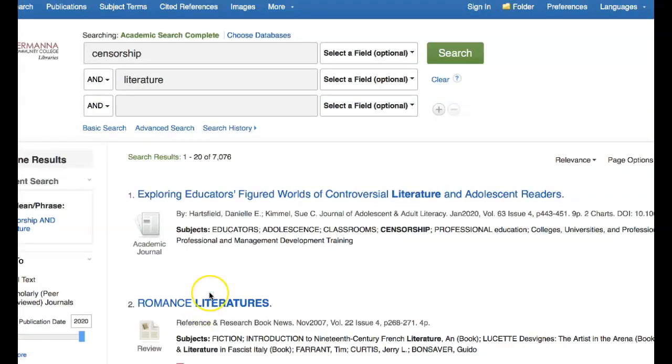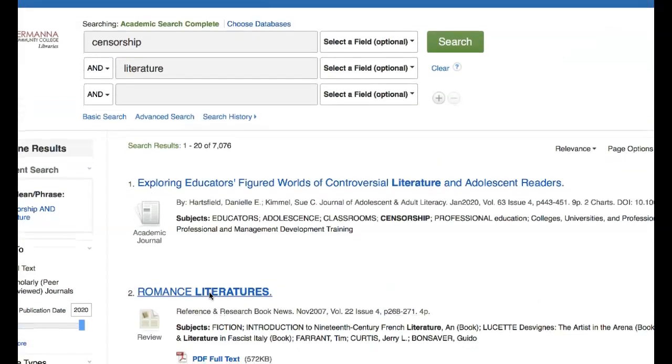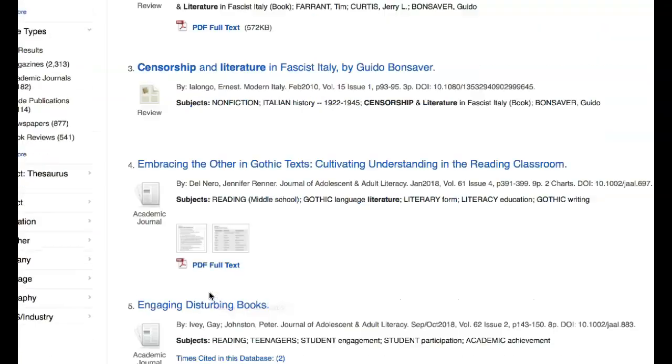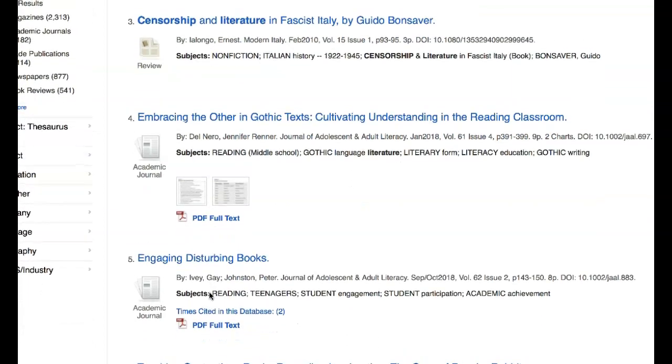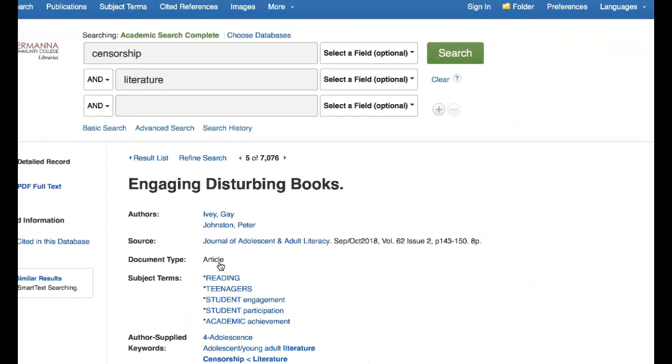So I found an article, if my topic is censorship in literature, and I found this article here, right? Suppose that this happens to fit my needs. I found some really good information, and now I need to cite it for my annotated bibliography, because that's what I'm going to be working on. So if you look in your little seagull